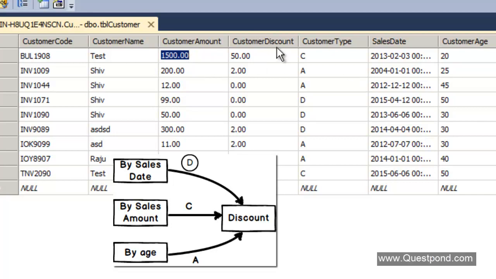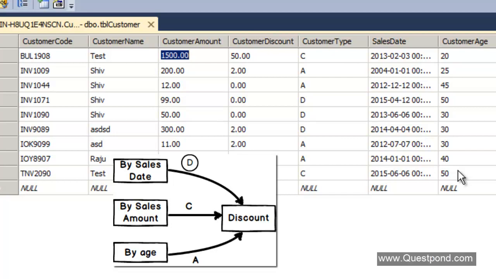The second way this discount is calculated is by looking at the sales date. If the sales date is, let us say, Saturday or Sunday, then you get some X amount of discount. And the third way of calculation is by looking at the age. If he is a senior citizen or some kind of old person, then you get X amount